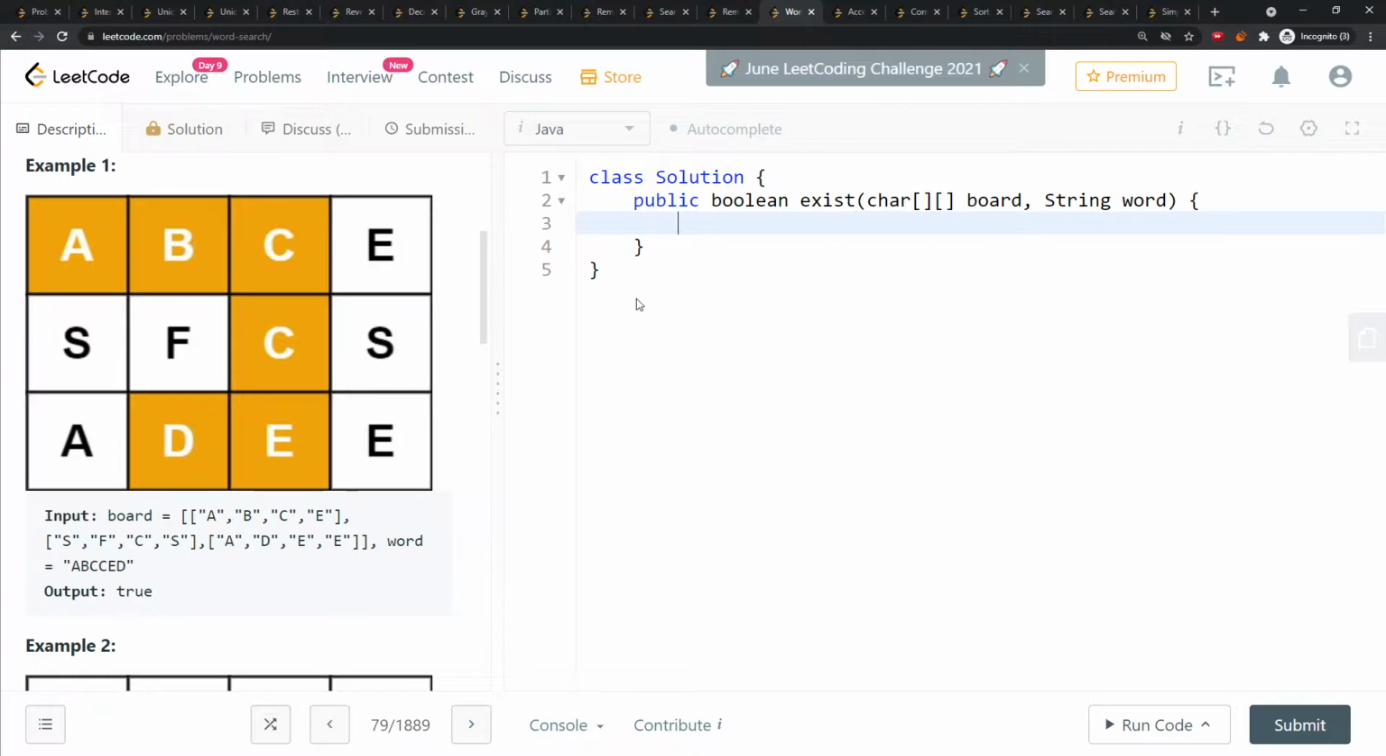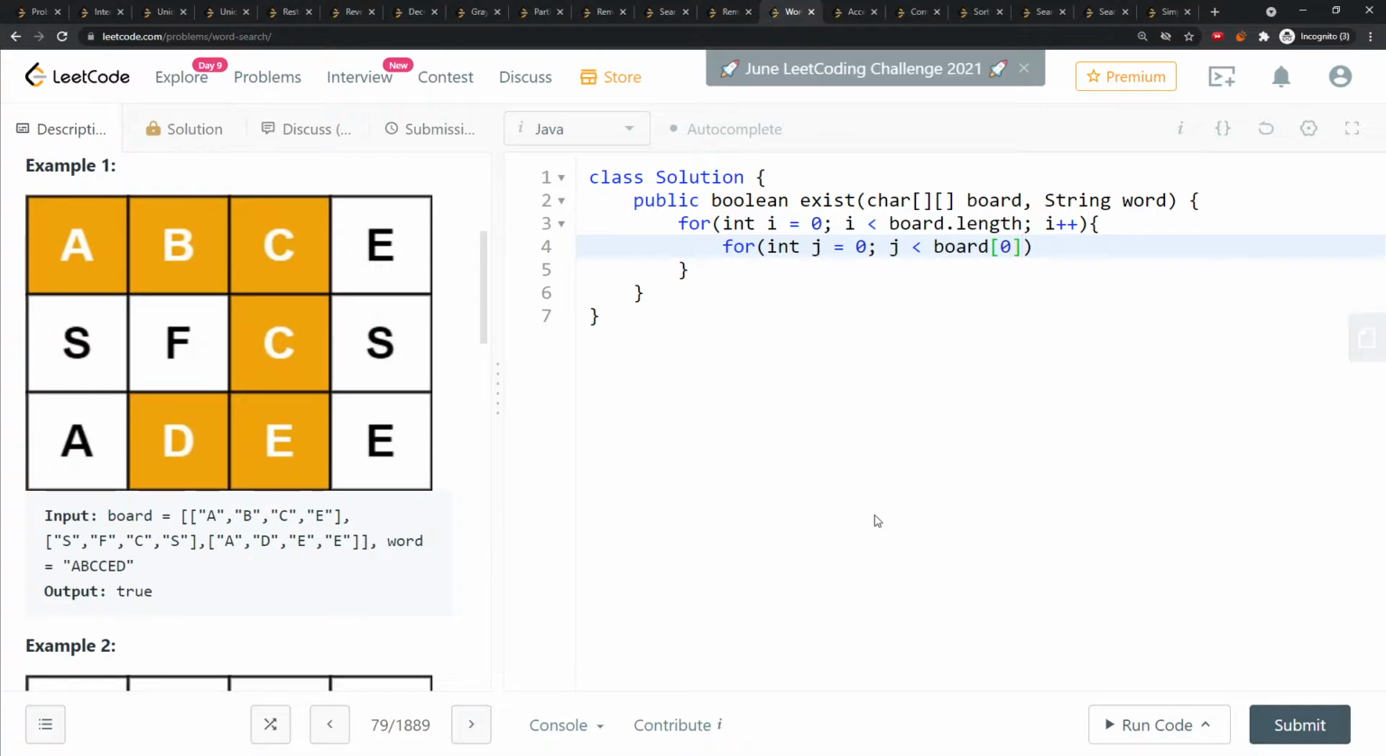So how do I do it? The first thing is I need to make sure I search for the first character of the word. So for i equal to 0, i less than board.length, i plus plus, for j equal to 0, j less than board[0].length, j plus plus. If word.charAt(0) is equal to board[i][j], if this is true,